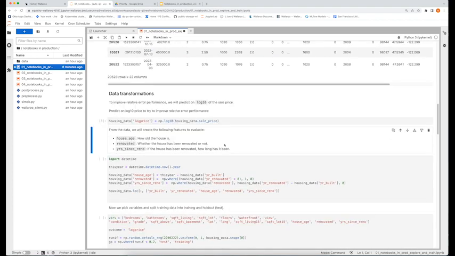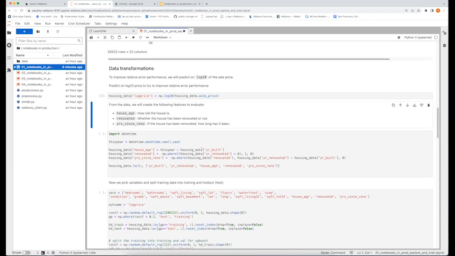We might also discover that we need to create a few synthetic features from our inputs. So here we show creating some new features that we think might be useful, namely